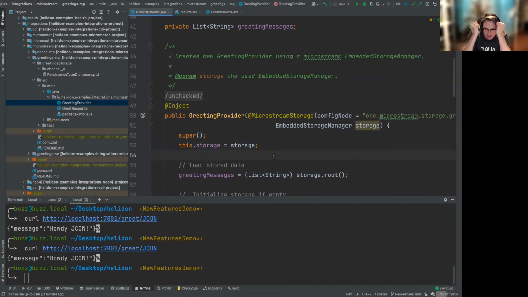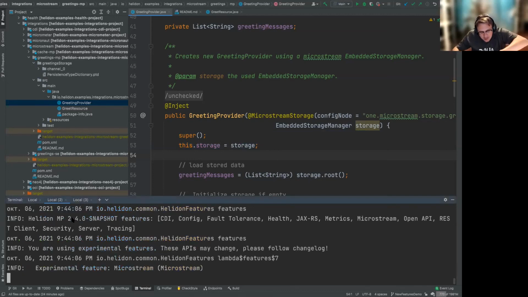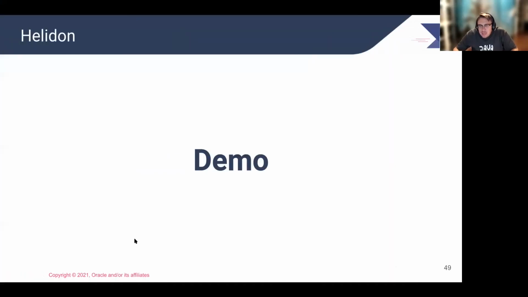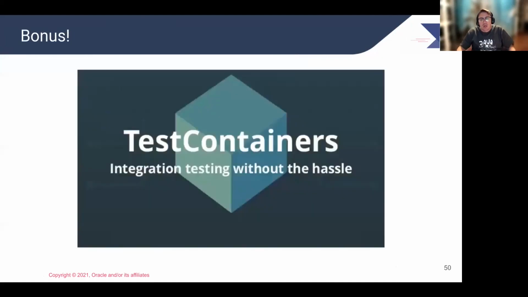So as you probably see, this integration is really cool and it's really seamless, and you get this extremely powerful tool to persist your Java-specific data in, I believe, the most efficient way. So you see, it did work. Nice. So basically, these are the main features, but there is just a small bonus I have prepared for you,